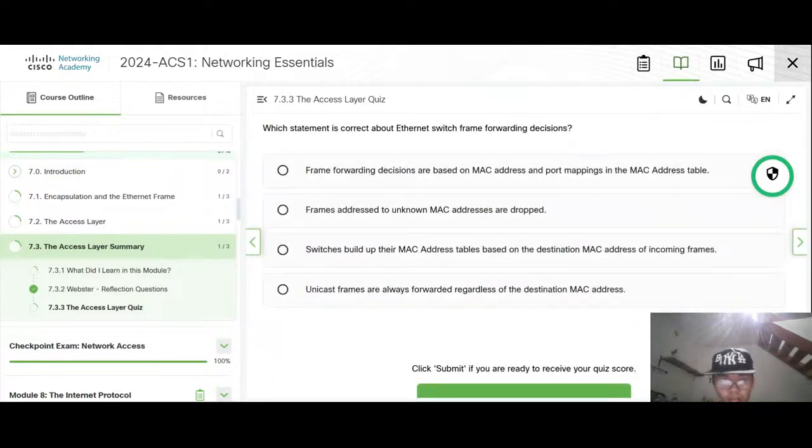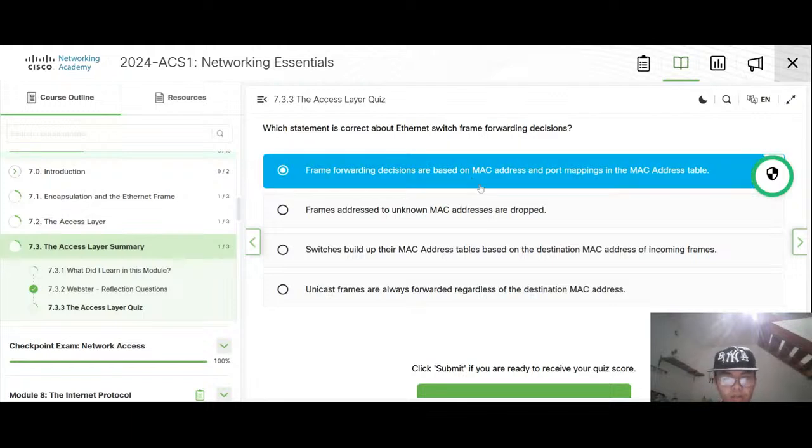I think. Which statement is correct about switch frame forwarding? Maybe this one is correct. Unknown addresses are dropped.